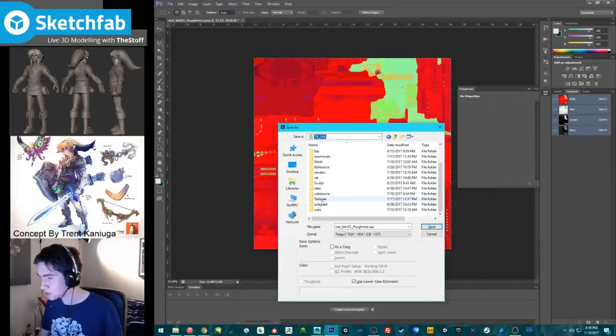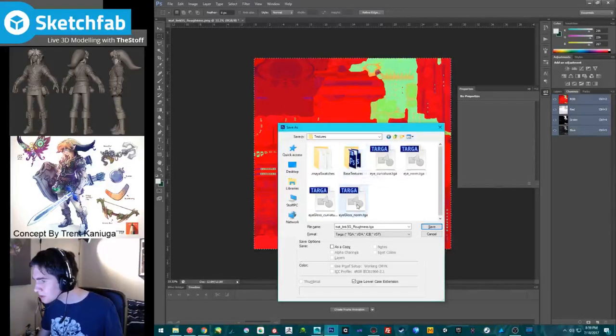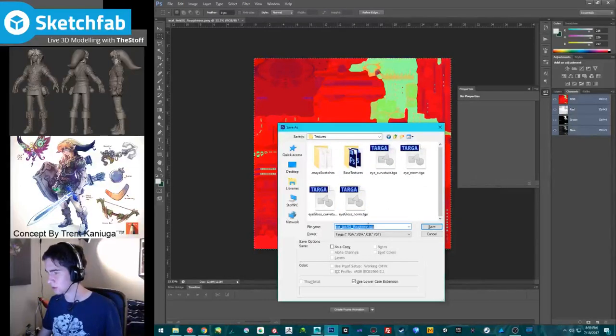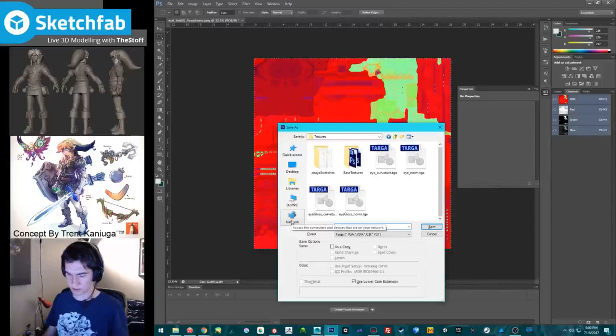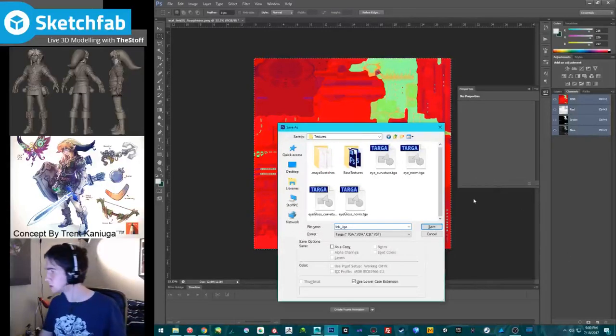Anyway, so textures, base texture, no, this is going to be my final texture, so this is going to be link underscore, and it's going to be roughness metal, so RMS, just so I can remember what it is.